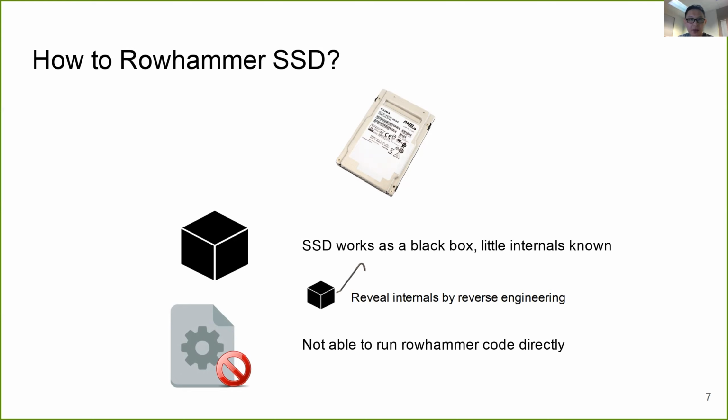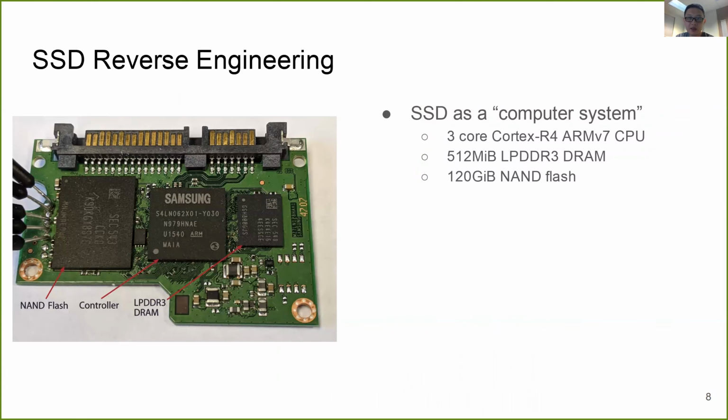To solve the first challenge, we can try to pry open the black box and then reverse engineer its internals. And based on the reverse engineering result, we can try to find an indirect way to launch a rowhammer workload inside the SSD. So we tried to reverse engineer a popular consumer level Samsung SSD with the model name 850 EVO, as shown in the figure. We learned that this SSD actually works as a computer system itself. For example, it has a 3-core Cortex-R4 ARM CPU and 512 megabytes of LPDDR3 DRAM, and it provides 120 gigabytes